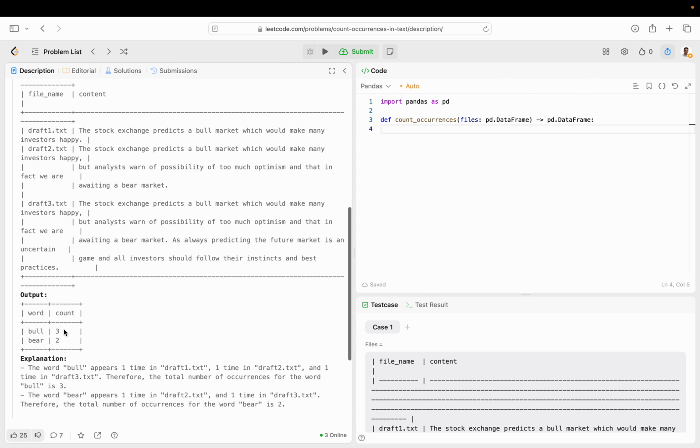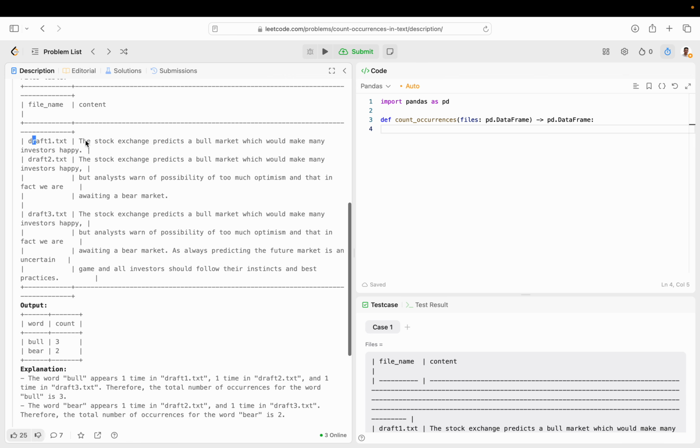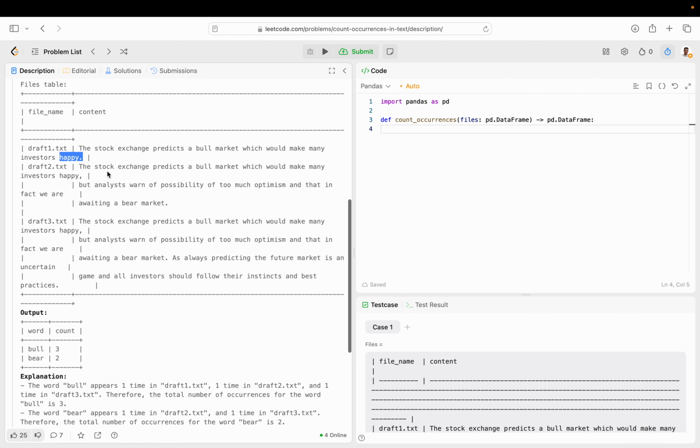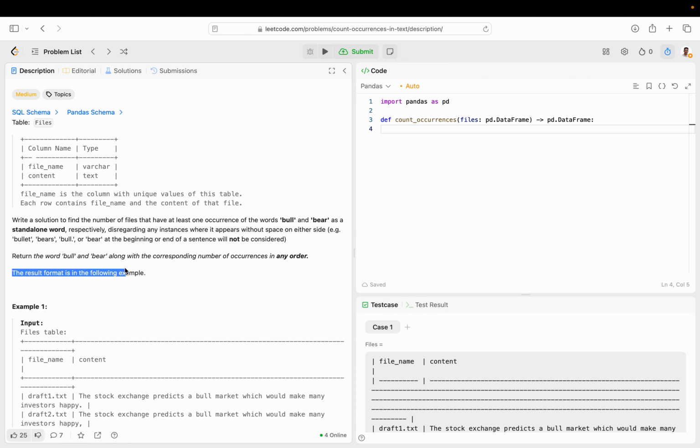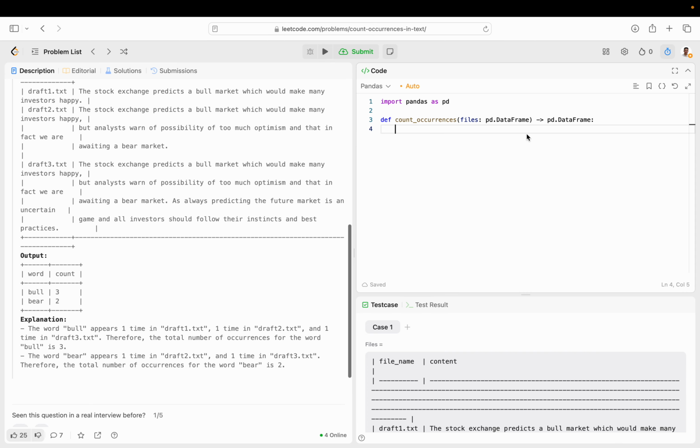Basically, you just want to return how many rows bull appears in and how many rows bear appears in, and it can't be the first or the last word. So that's a bit tricky to parse from here, but other than that, it's pretty straightforward. So let's go ahead and return a data frame